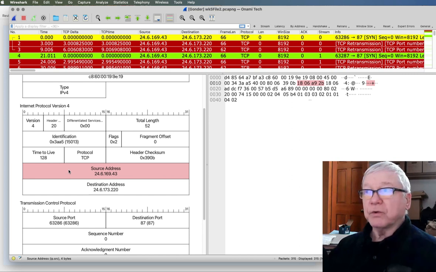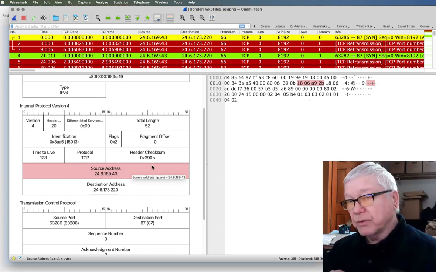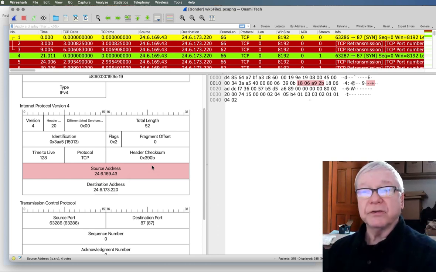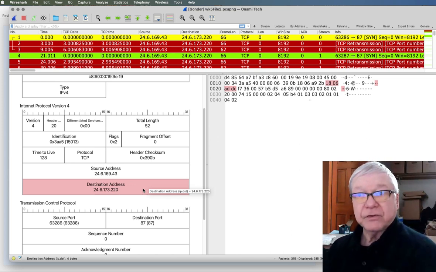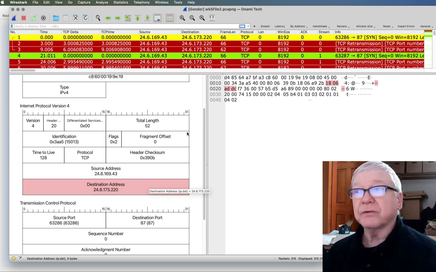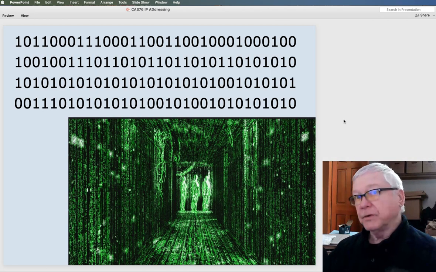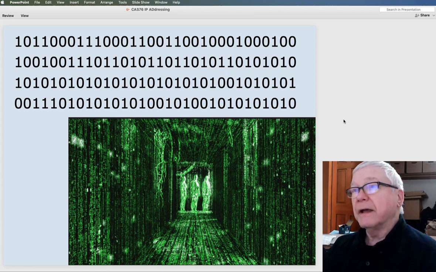And what's our source IP address? In this case, those 32 bits represent 24.6.169.43. We're interpreting those as a decimal number. And then we're going to interpret the next 32 1s and 0s as another decimal number that's our destination address. So again, in this long data stream, these 1s and 0s mean different things at different locations.